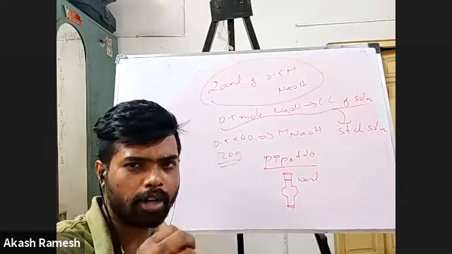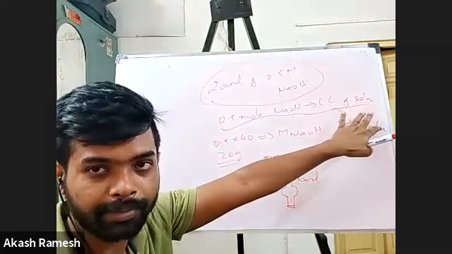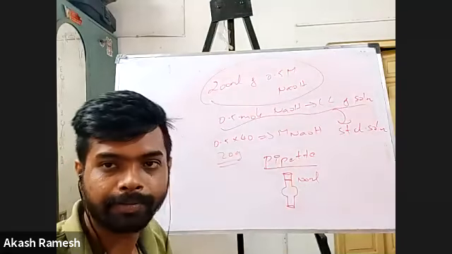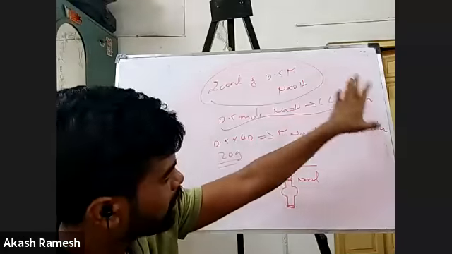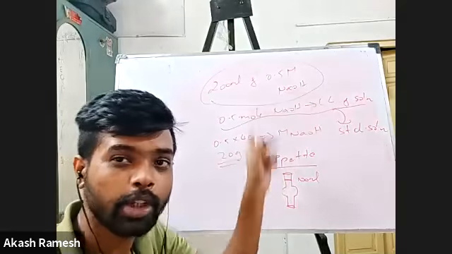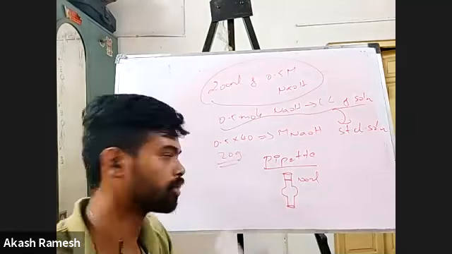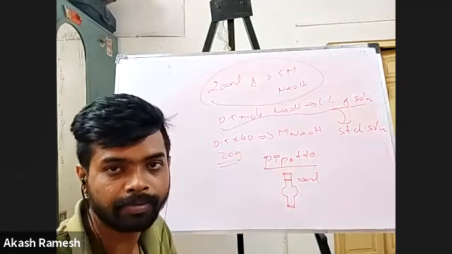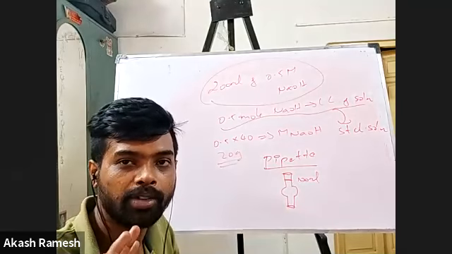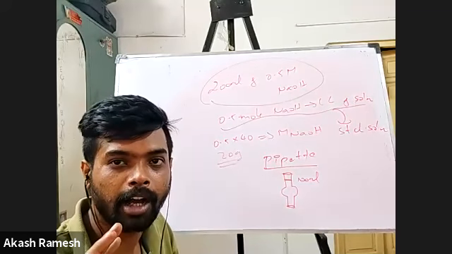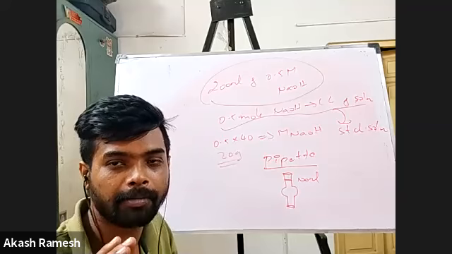From that, I don't require the entire stock of my standard solution. I require some amount of it. Say I produced 1 liter. In that, I require only 200 ml, isn't it? So from the whole standard solution, using the pipette, you will be taking only the required amount. So in this case, it is 200 ml. Okay, guys, any doubts so far? Everything is clear. How did we prepare the titrant?